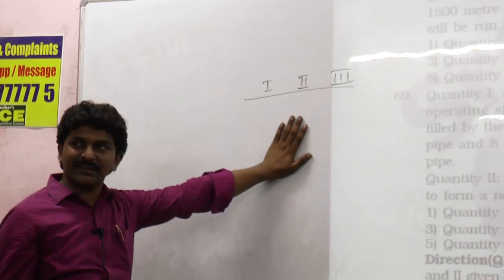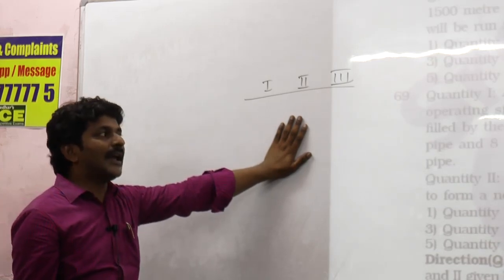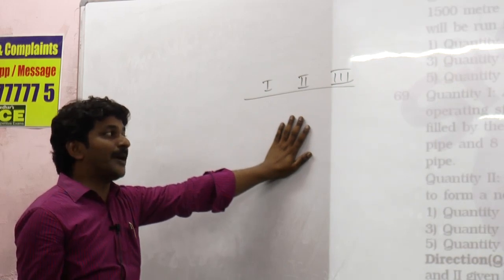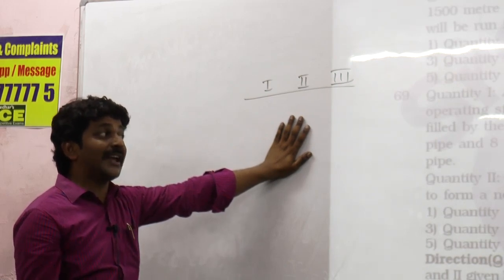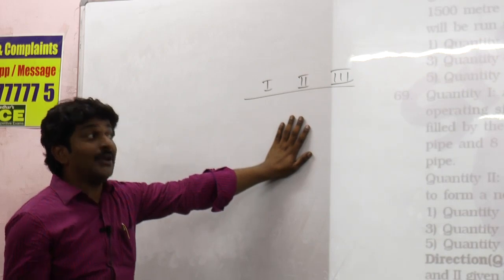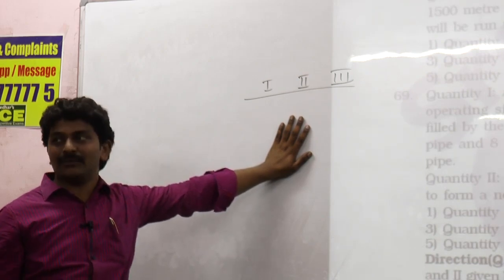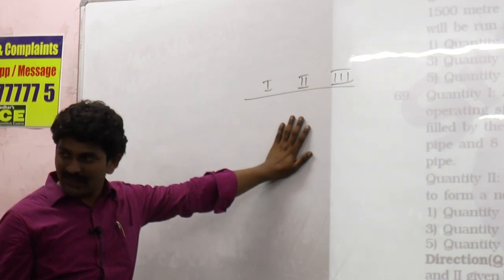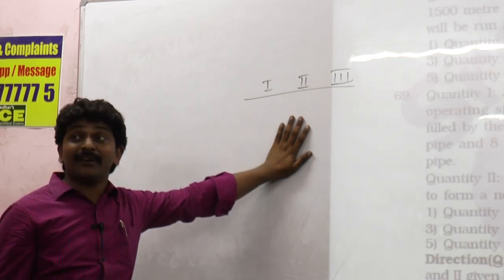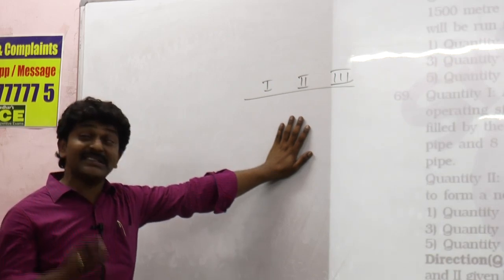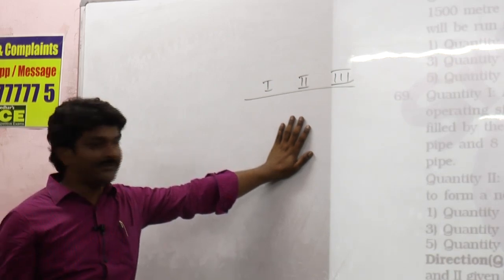First condition says that a tank is filled by 3 pipes with uniform flow. The first and third pipes operating simultaneously fill the tank in same time, during which the tank is filled by second alone. Understood? The time taken by first and third tap to fill the tank is same as the time taken by second tap alone to fill the tank.